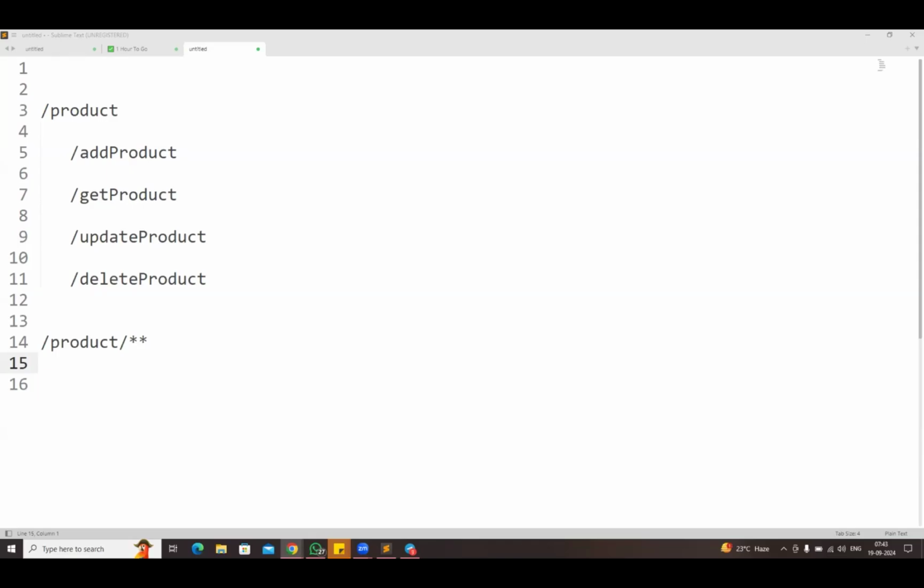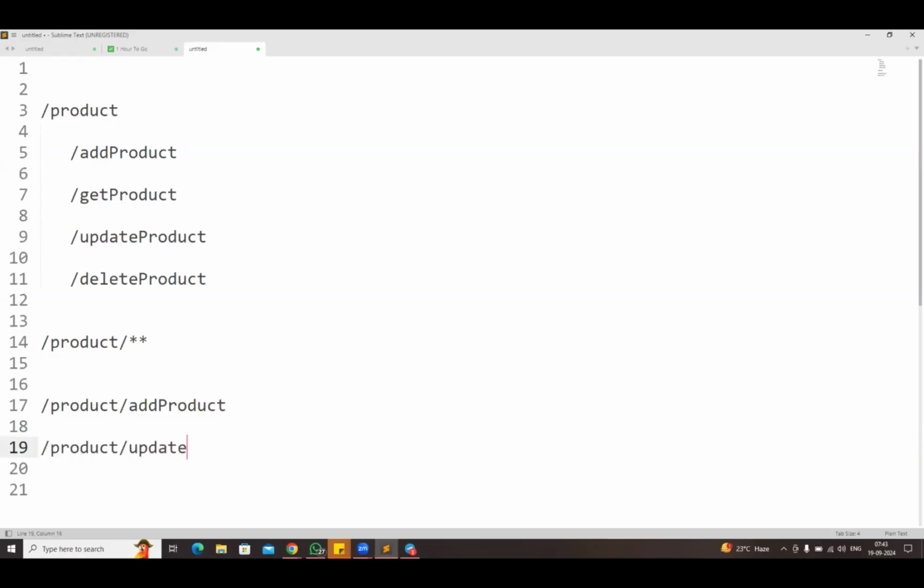So what is the meaning of double star? This is product/double star. In the API gateway, we are configuring the URL pattern of the microservice. In that microservice, there are multiple methods available. Generally, we will send a request /product/add product, /product/update product.